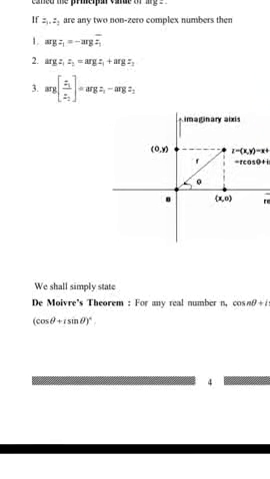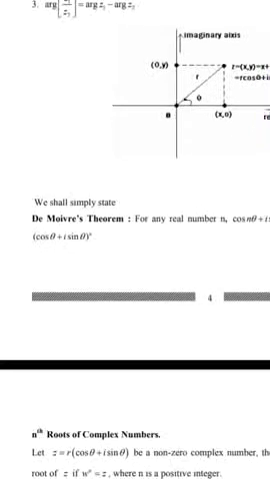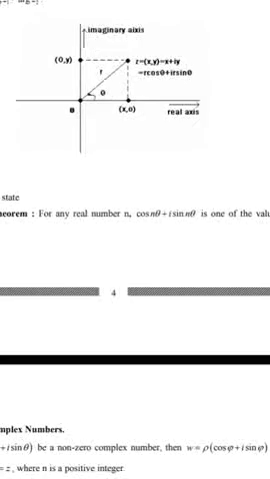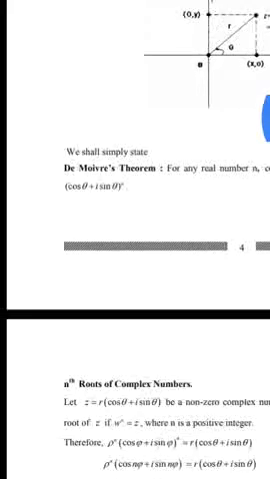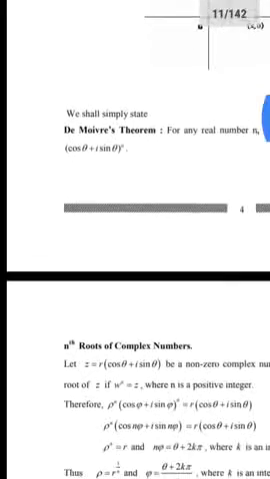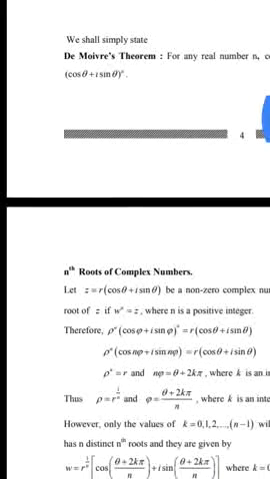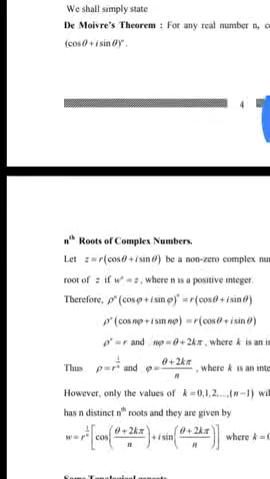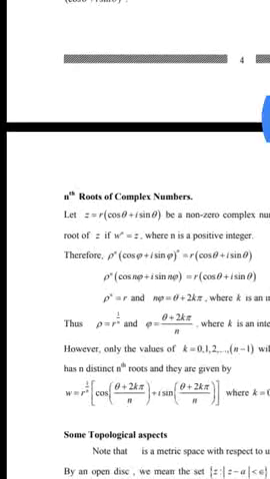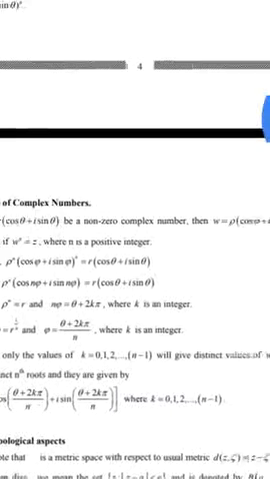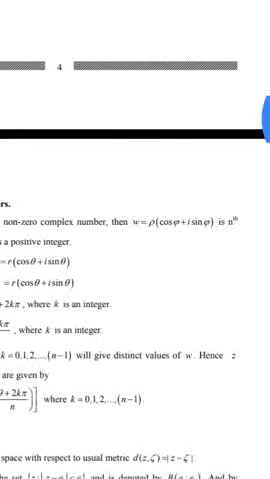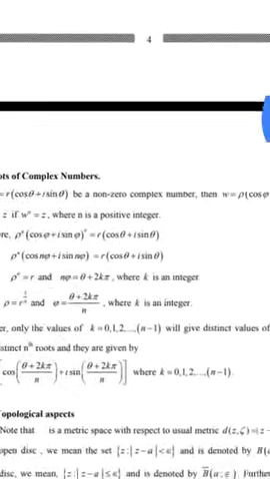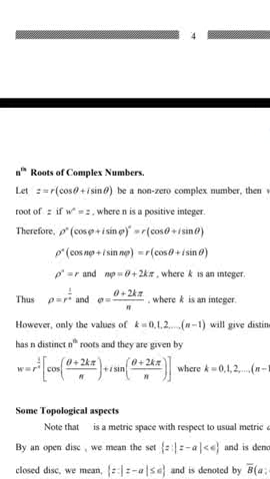We shall simply state De Moivre's theorem. For any real number n, cos n theta + i sin n theta is one of the values of (cos theta + i sin theta)^n. Nth root of a complex number. Let z = r (cos theta + i sin theta) be a non-zero complex number, then w = rho (cos psi + i sin psi) is an nth root of z